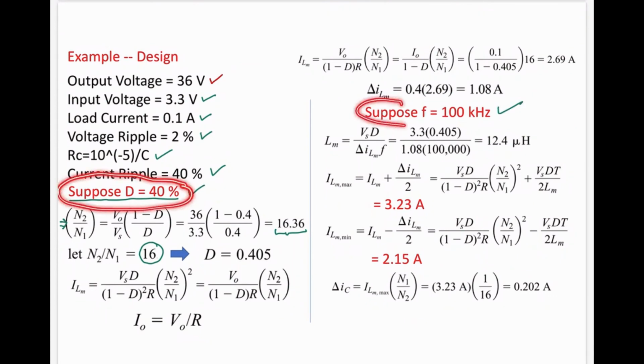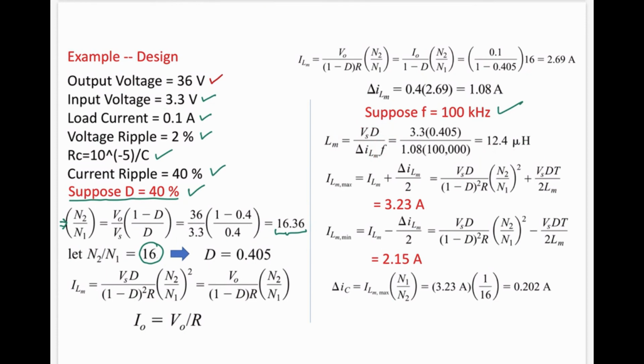A number of designs are possible if you vary these. If you operate your circuit at a higher frequency, above 100 kilohertz, let's suppose 200 kilohertz or 300 kilohertz, what will be the impact? The magnetization inductance will change. It will be reduced for higher frequencies. As you can see over here, there is an inverse relationship of the frequency with the magnetizing inductance. So if we operate our circuit at a higher frequency, a lower magnetization inductance will be required.